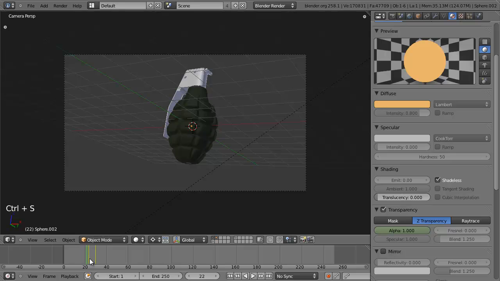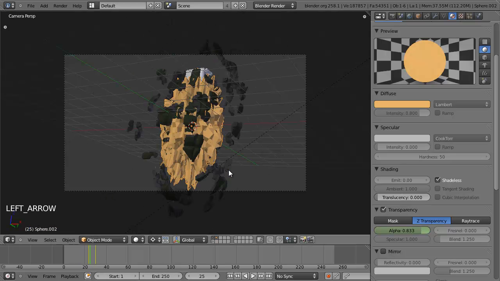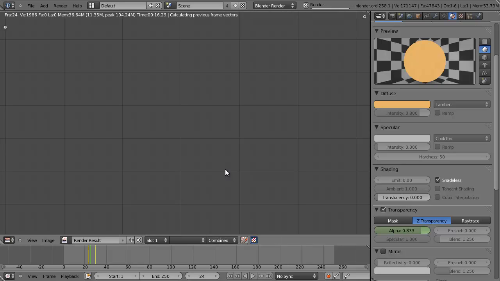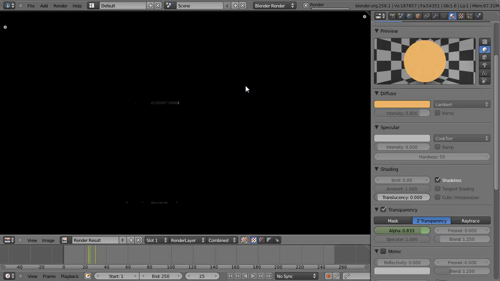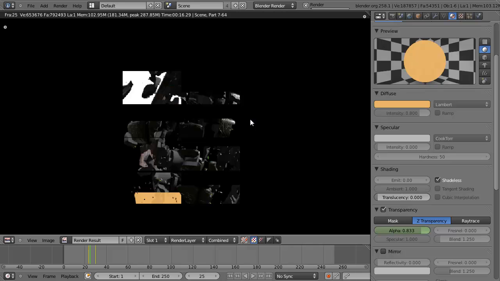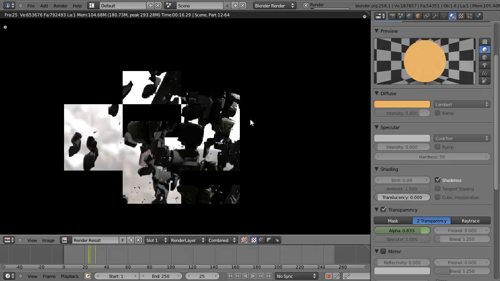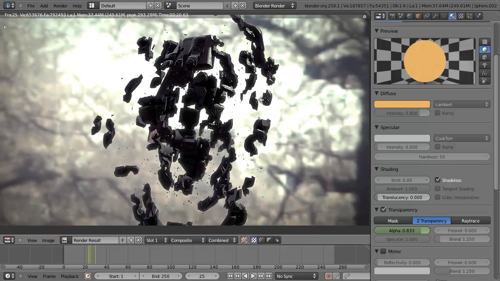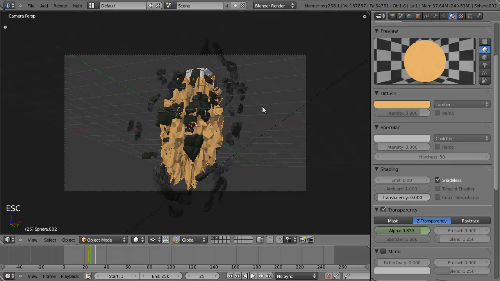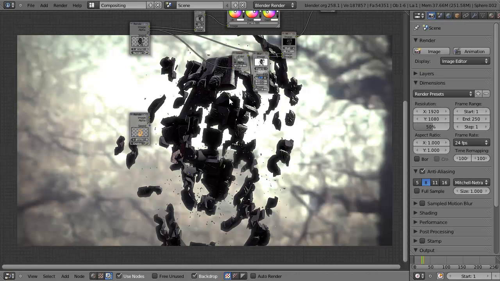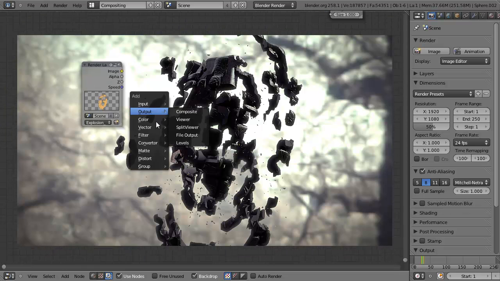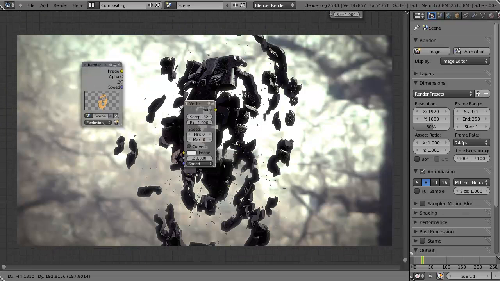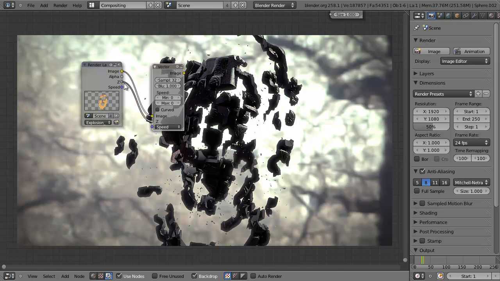Okay, cool. So now if we jump to whatever frame we were on before. Okay, and now if I give this another render, what it will allow us to do is add a motion blur effect to that explosion in the background. And because it's rapidly scaling upwards and expanding, it'll create a nice, really blurry type of effect. And previously I faked that in my final scene just by using a node in the compositor, which created kind of a zoom blur effect, but that was really dodgy and it doesn't work that well. So I found a better method is to just go in the compositor, add a vector blur node like so, connect them up just like this,